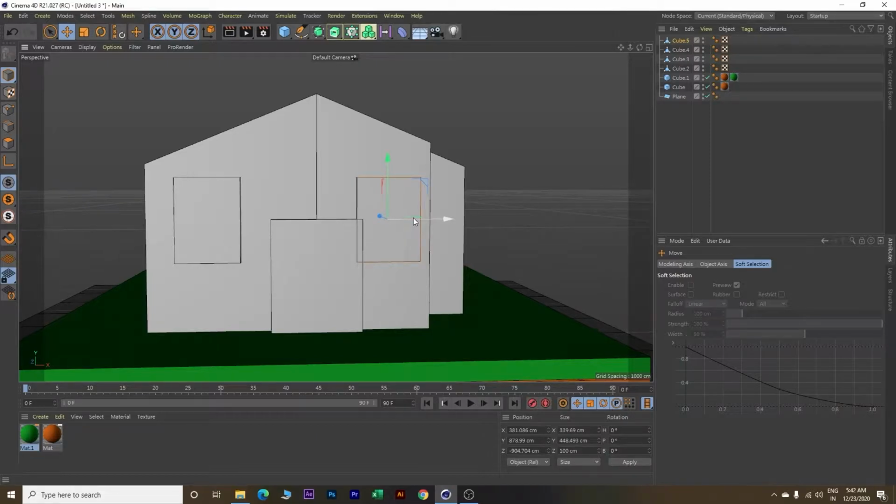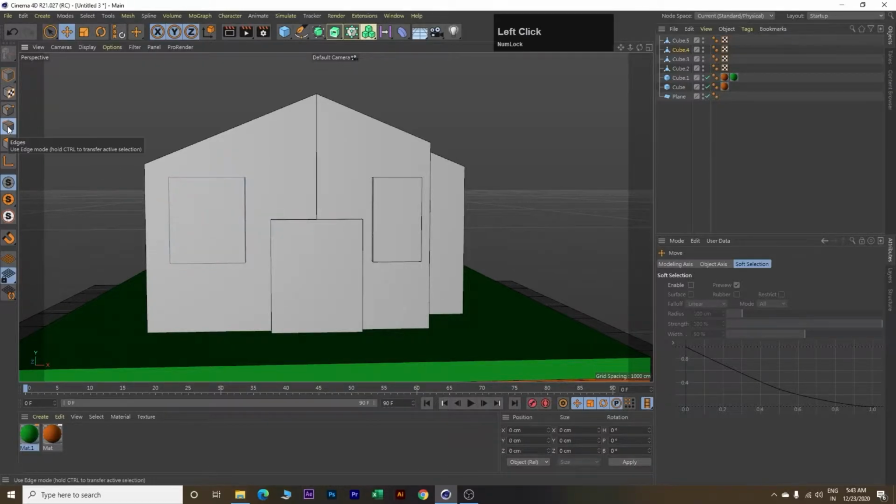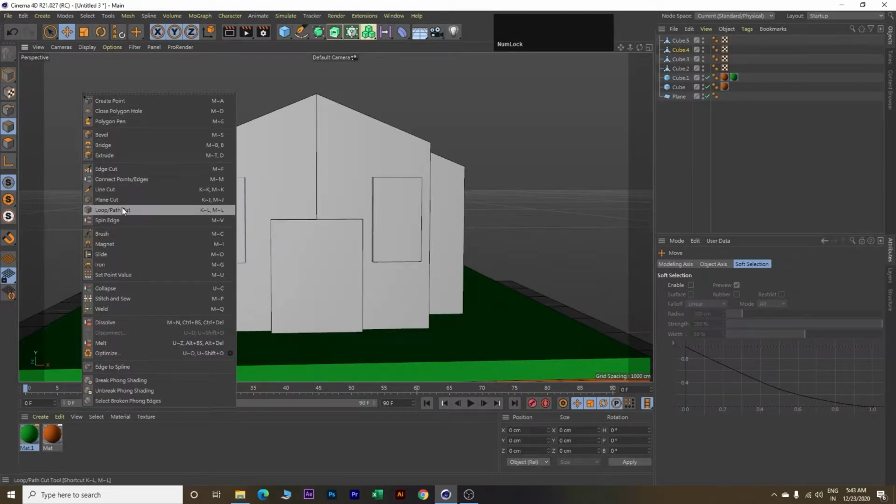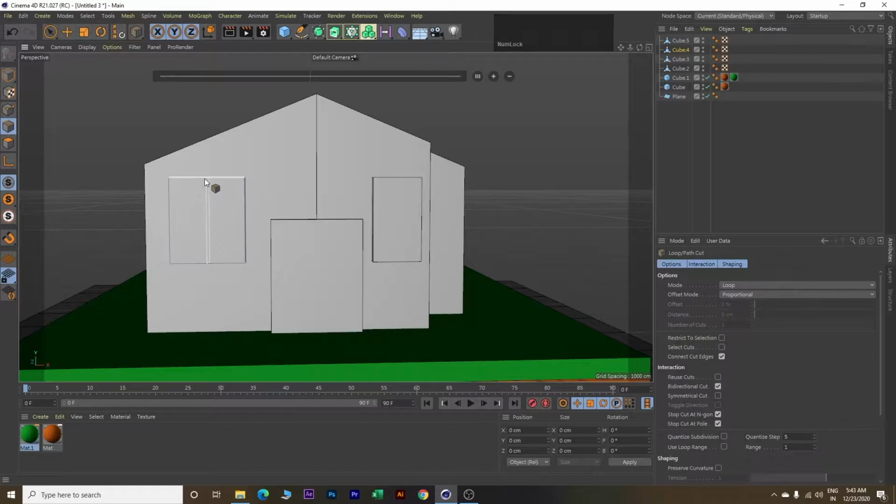Let's resize this cube. Click T on your keyboard and resize. Click E and place it properly. Okay, this looks good. Now come to this window. Let's resize it further. Okay. Now click E on your keyboard. Click on these edges. Right click and select Loop Path Cut and make a cut on this window and make this value as 50. This 50 value will ensure that we have made the cut right in the center of this edge.